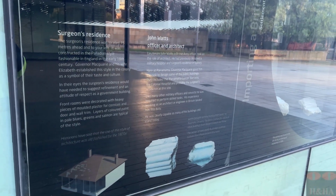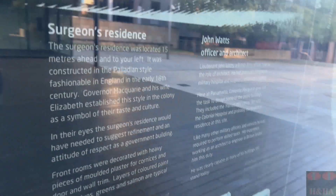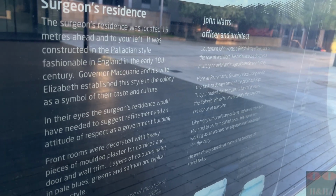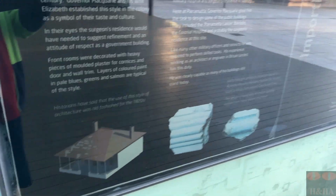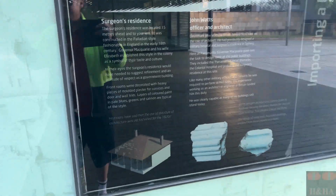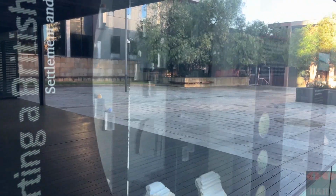So this is the area at Parramatta. It's across the road from the police station and the courthouse, which has been there many years. And this particular area is the federal government building, known as the Justice Precinct. I won't film it, for obvious reasons. But this particular area,